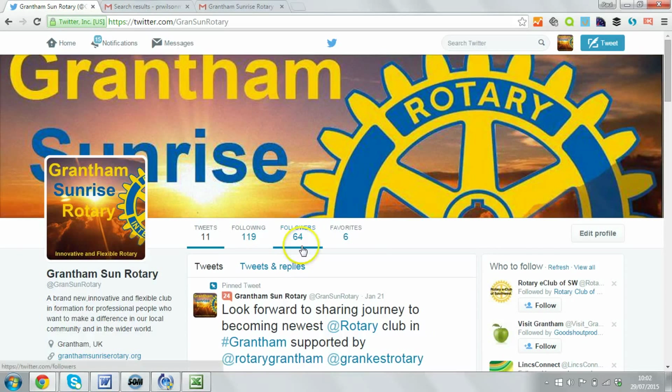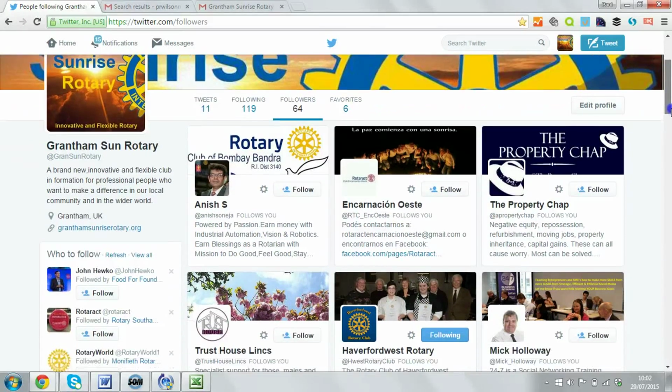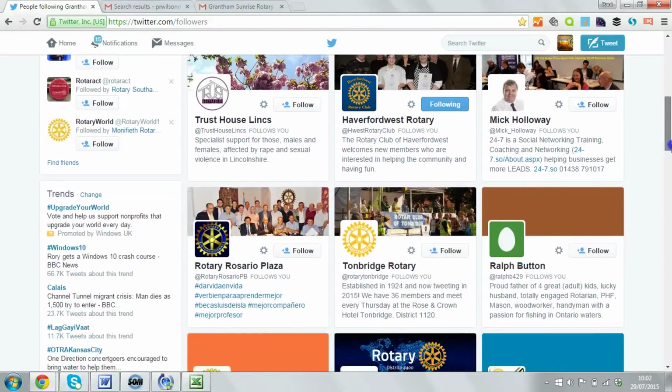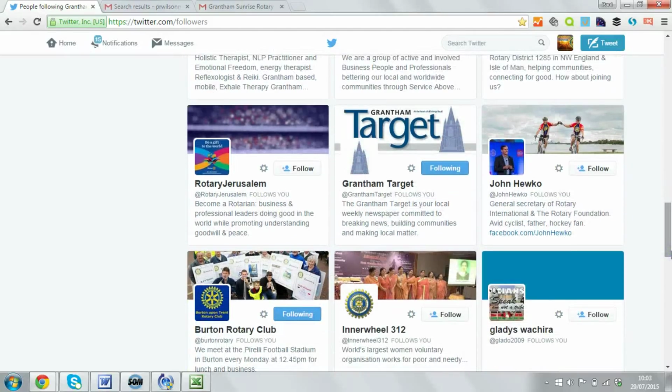Here we go. So it's a new account, with a small number of tweets and messages we've sent out, and we've picked up a small number of followers, 64. Now, if we look at those followers, and this means any of these people or organisations can see the tweets that we send, we can see a collection of some Rotarian accounts, some local accounts, so some good relevance there. Immediately one that stands out is the CEO of Rotary International, John Huco, which would be a very useful account to follow. But now I'm going to demonstrate the power of lists.